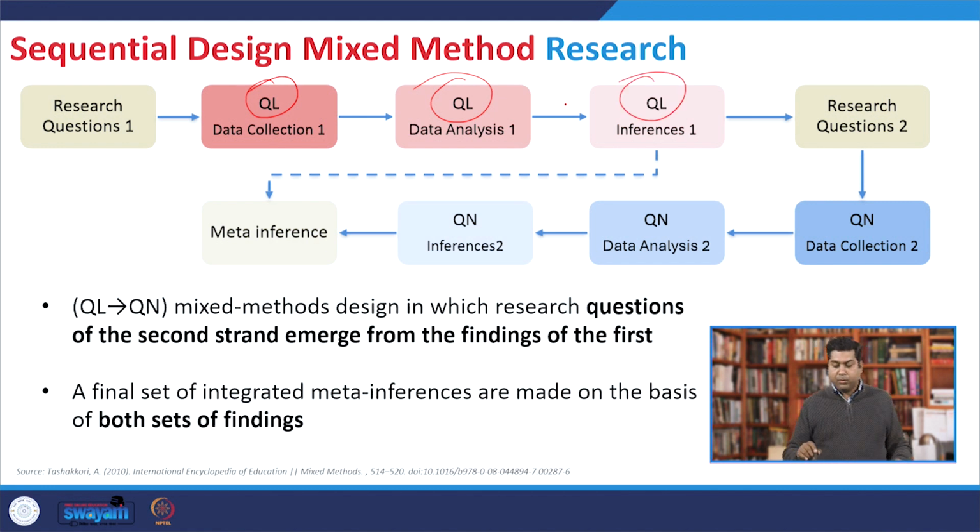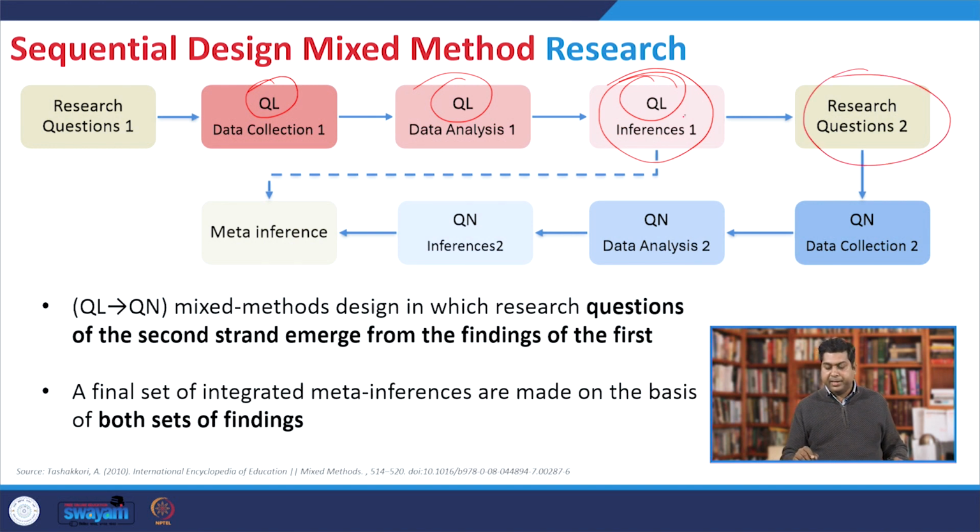Out of these inferences, we can have certain ones which will be used in the meta inferences at the end, but mainly the inferences from this first qualitative part of the research we use for our research question 2,